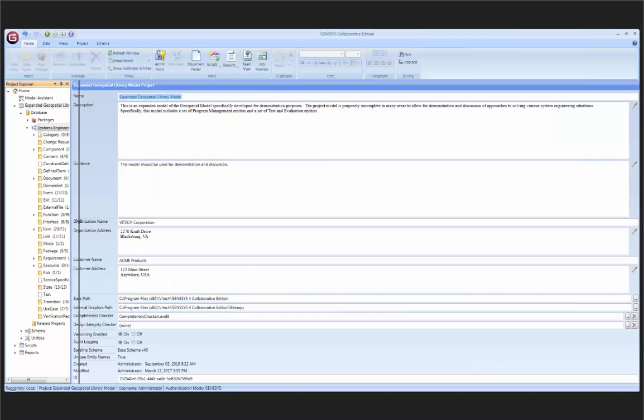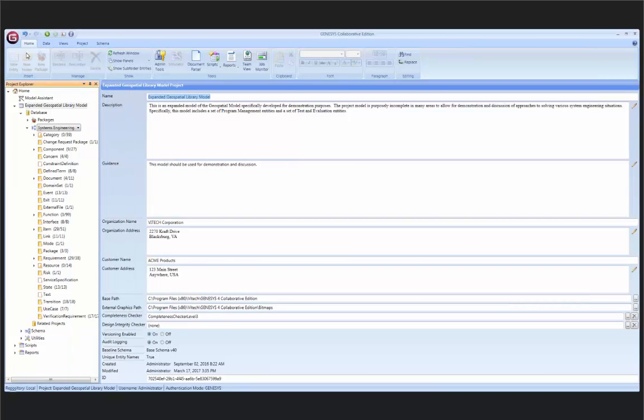So across the top here, we have our ribbon bars. So once I select something, I can look at different things. The ribbon bars control what I'm seeing in the rest of the screen. On the left-hand side, I have the Project Explorer frame, and I'm in the systems engineering